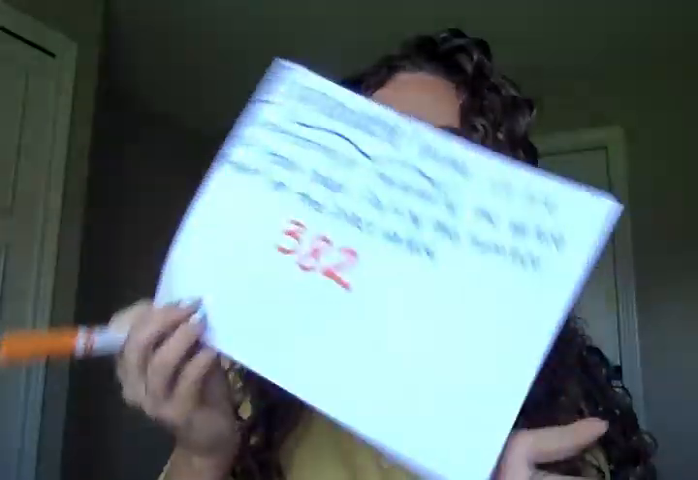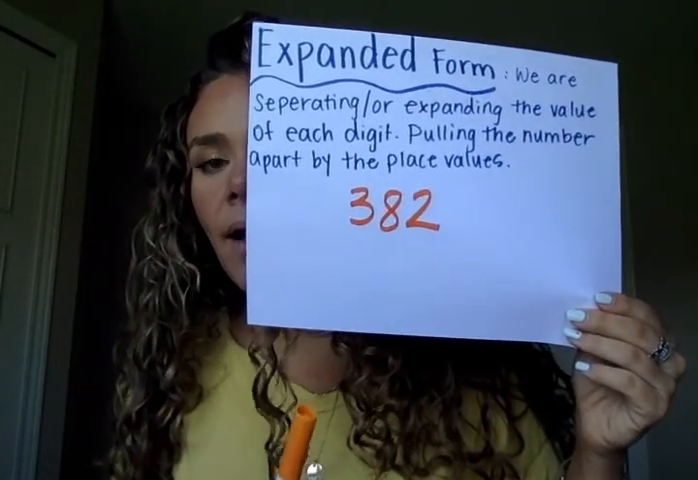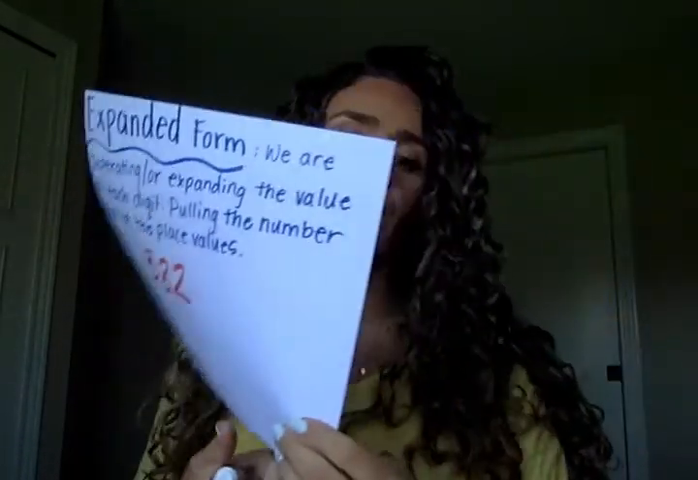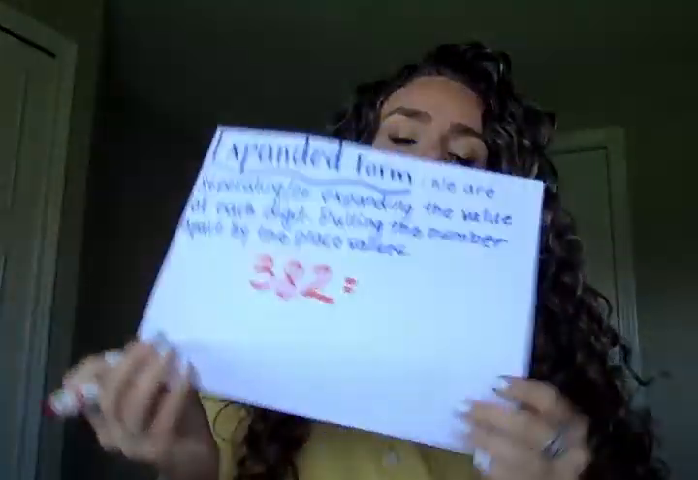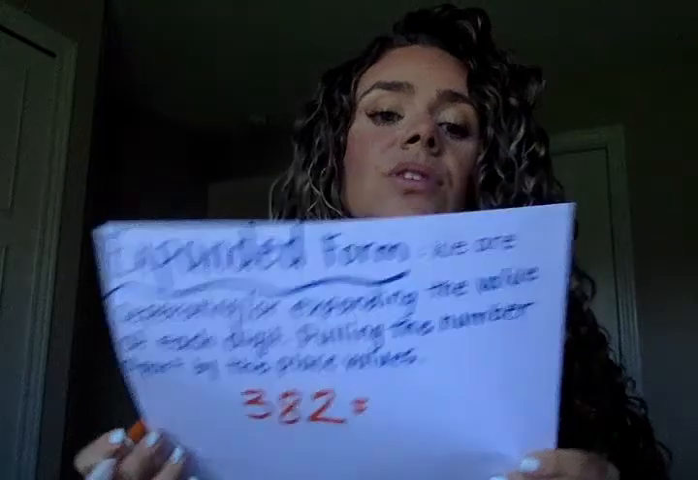Okay, so if I give you a number, let's say 382, and we wanted to write that number in expanded form. You might say to yourself, well, how do I write that number in expanded form? So you want to pull it apart by its place value. So let's look at the first digit. Okay, this is the what place? Those are 3 whats. Those are 300. So I'd write 300